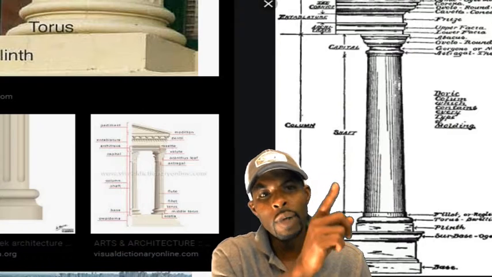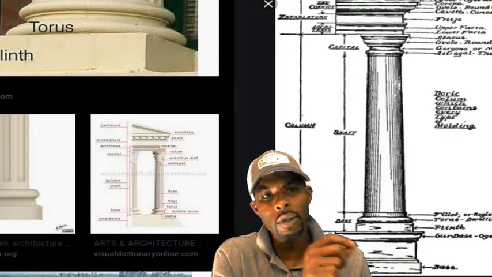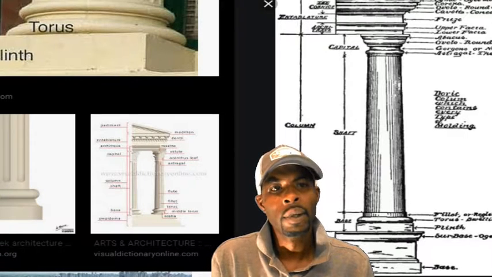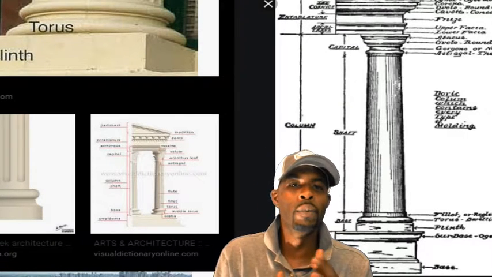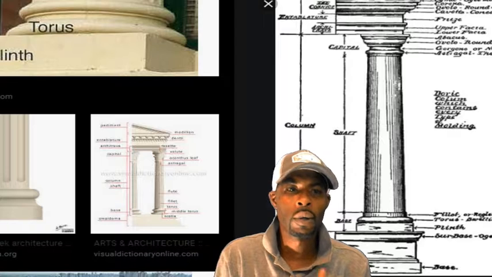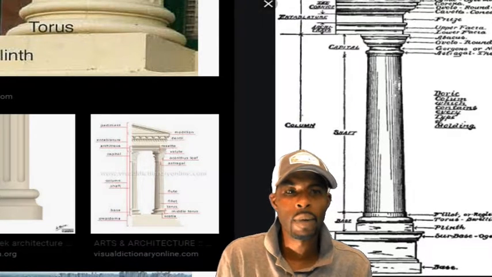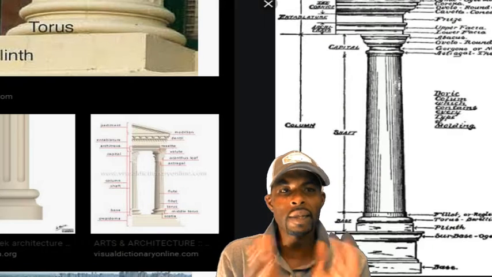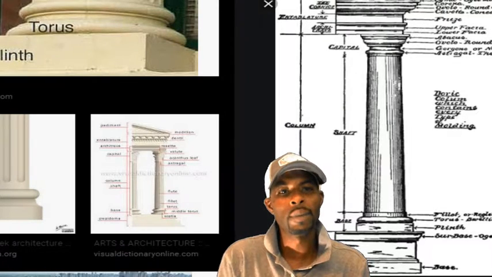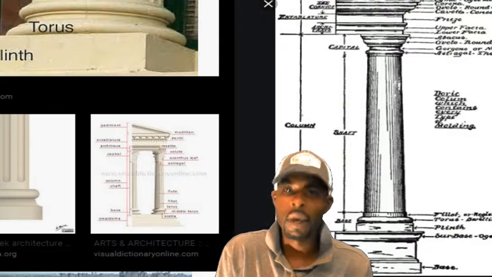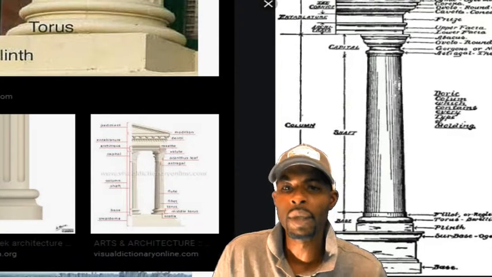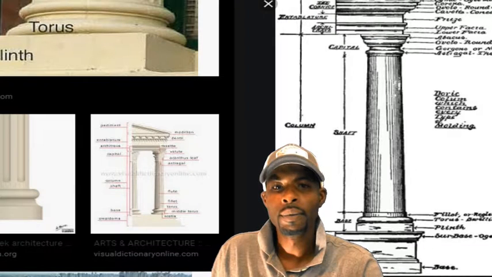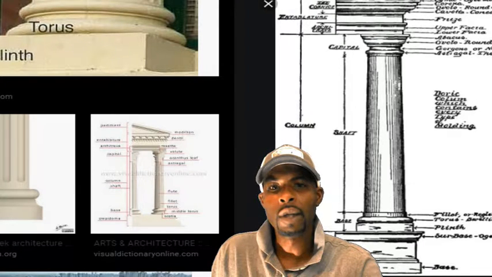So you got the capital, you have the shaft, then you have the torus, and under the torus you have the base. Okay, and you know when they said it, the receptacle, or the torus, or the thalamus, it gives rise to something. It supports something. It contains something. It receives something, right? All right, so just follow it. Just pay attention. Stay with me. So now let's go to